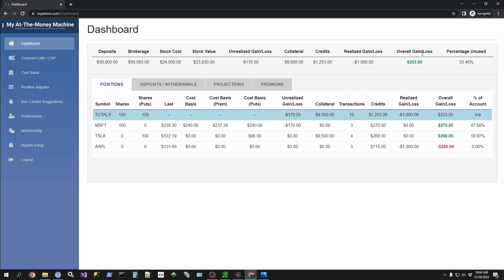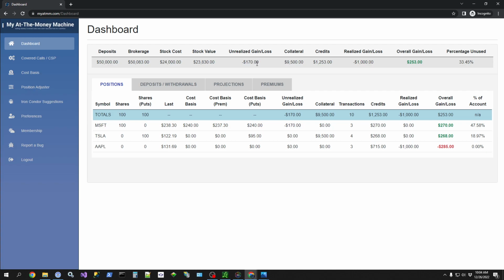The overall gain and loss is basically taking the total number of credits that you've received plus your realized gain. It's actually credits plus realized gain. So it's all of your credits plus your realized gain or loss, and that's your overall gain or loss across everything. So as you can tell, this number does not reflect any unrealized gains or losses,